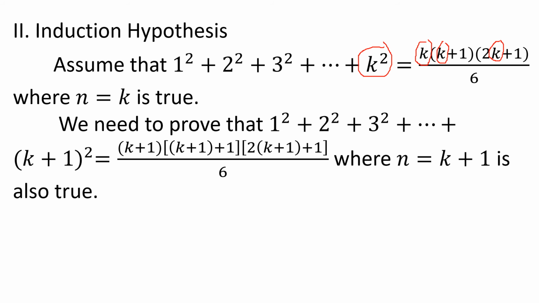Now, we need to prove that 1 squared plus 2 squared plus 3 squared up to the quantity k plus 1 squared equals, so we substitute k plus 1 to our n, which is, this becomes now the quantity k plus 1 times the quantity k plus 1 plus 1, 2 times the quantity k plus 1 plus 1 over 6, where n equals k plus 1 is also true. So, muna siya aton nga